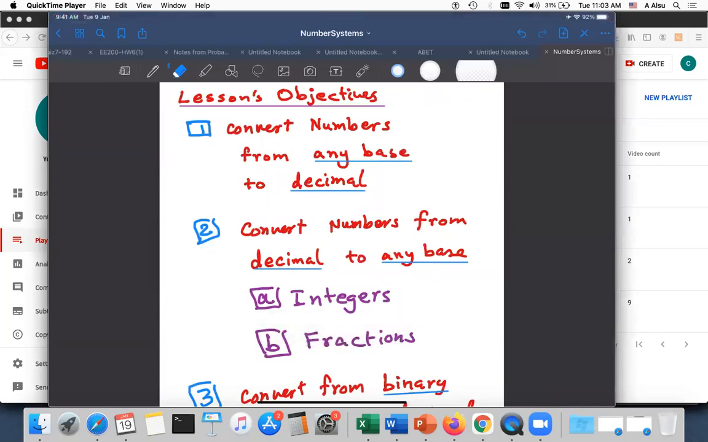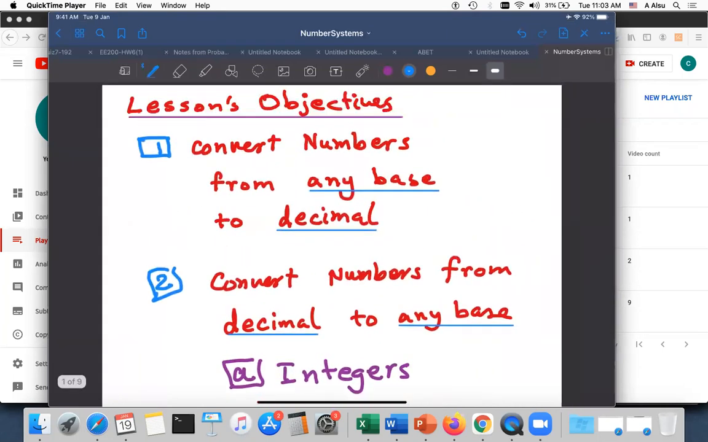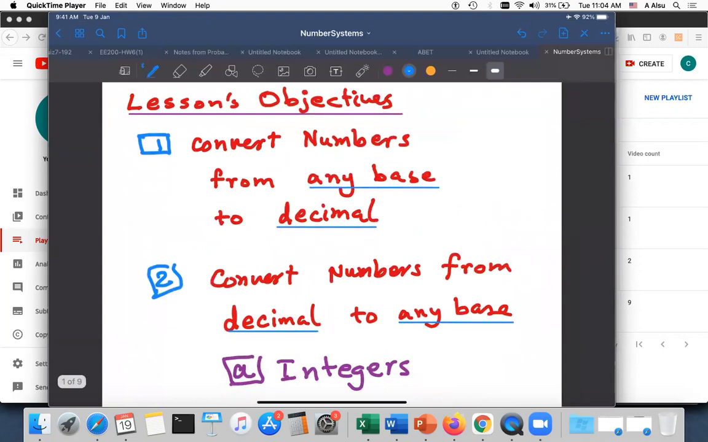So, yeah, today we are going to start the number systems lecture, or unit, of this course. And this lesson's objectives are,